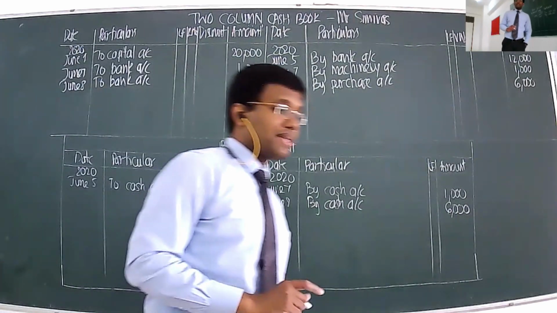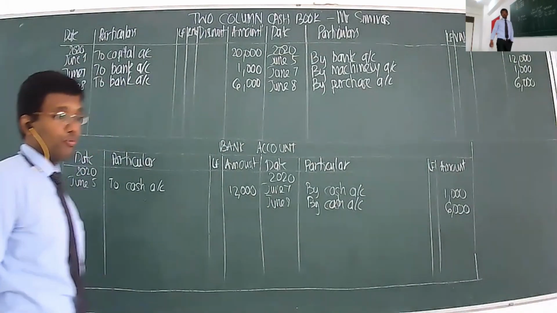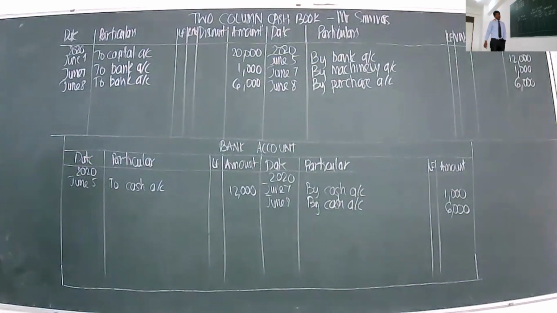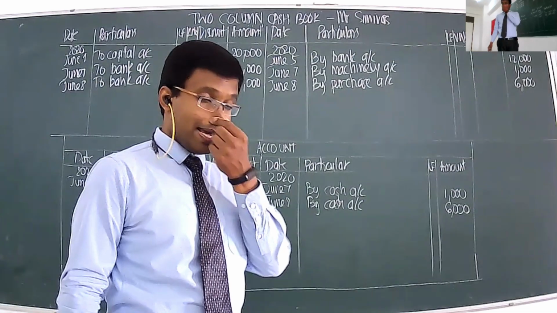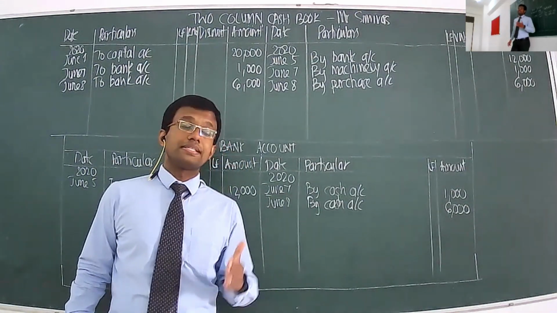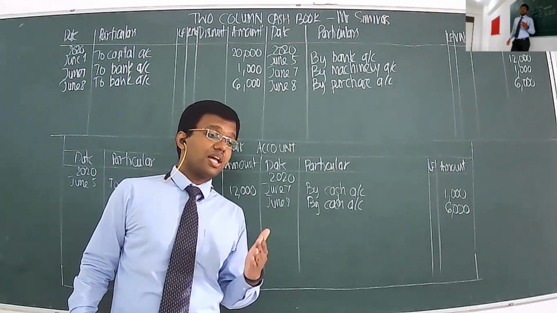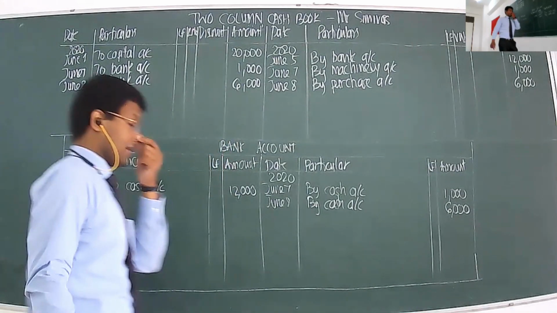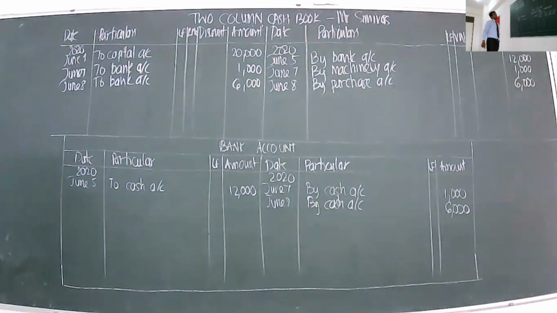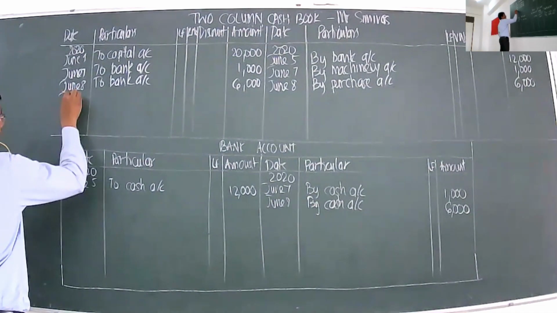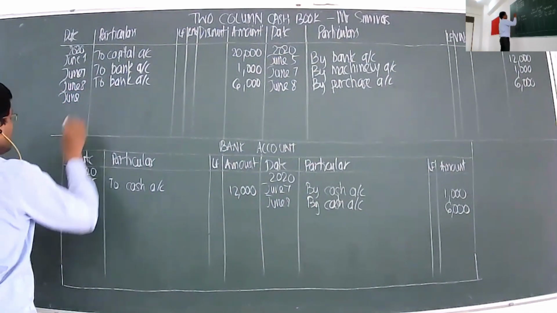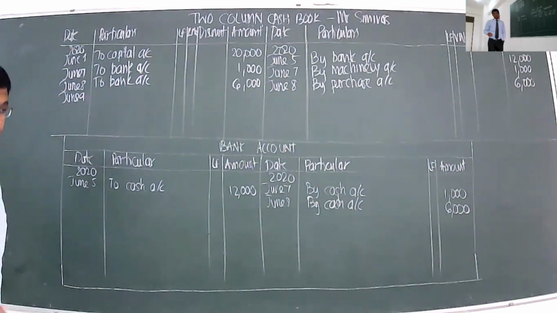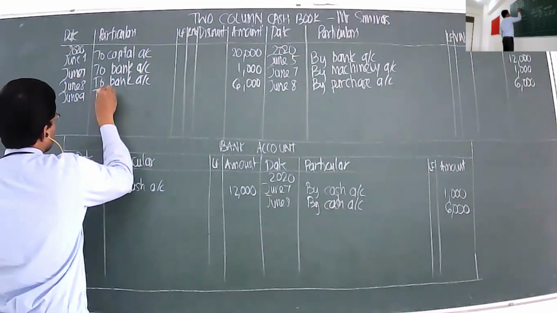Now let's look at the transaction on June 9th. Received a check for rupees 980 in settlement of rupees 1000 from Archana. Okay, so here what is happening is Archana had to pay you 1000 rupees, and instead of 1000 rupees, Archana is now paying you 980 rupees. So let's look at this one. So here, June 9th, okay, to